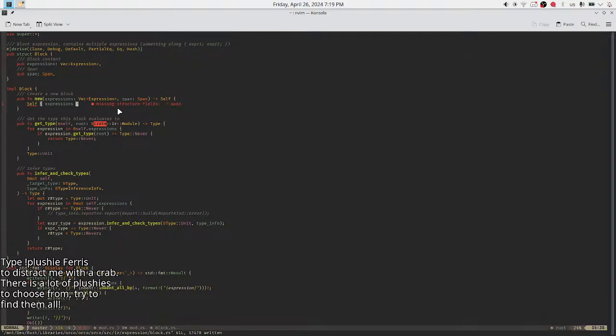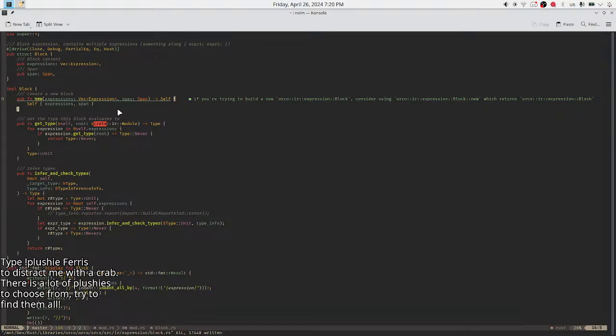I guess just span. Oh wow, I can't default. I can't even default it. That's terrible. That's why we hate spans.